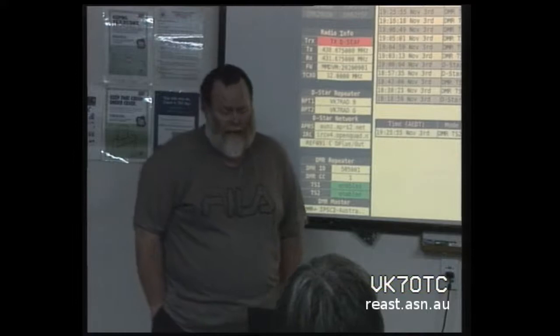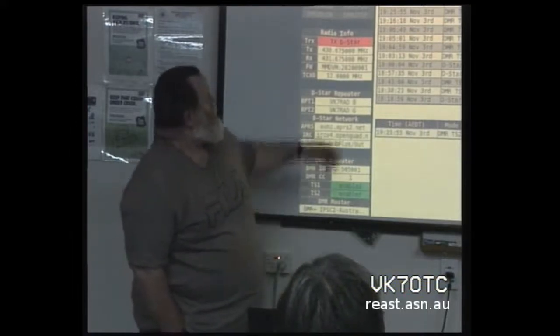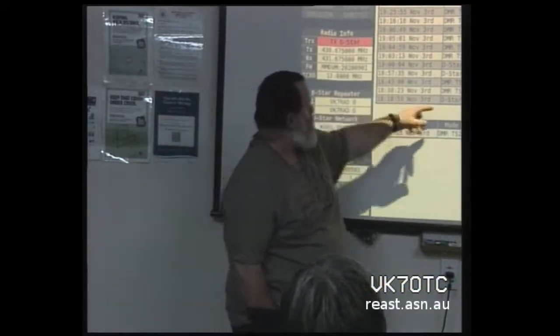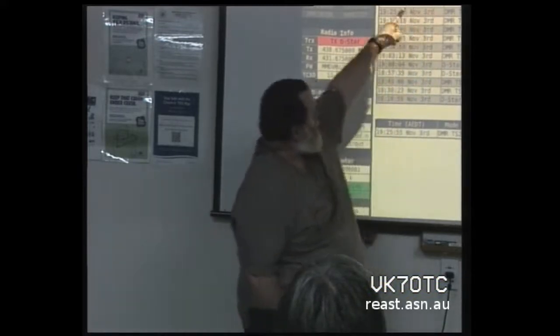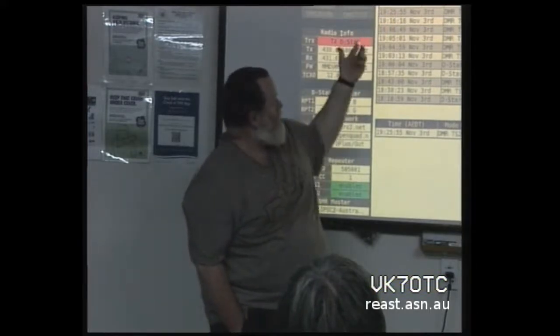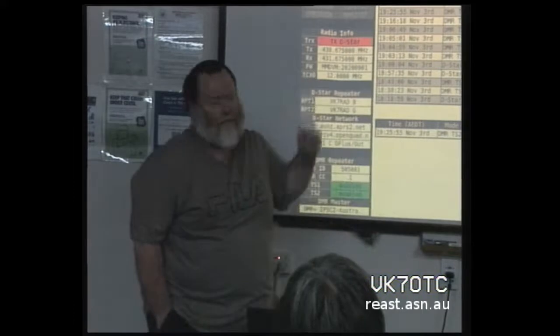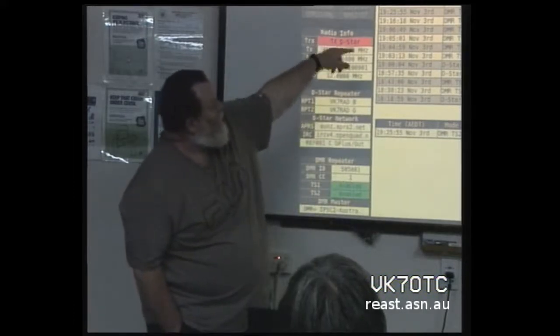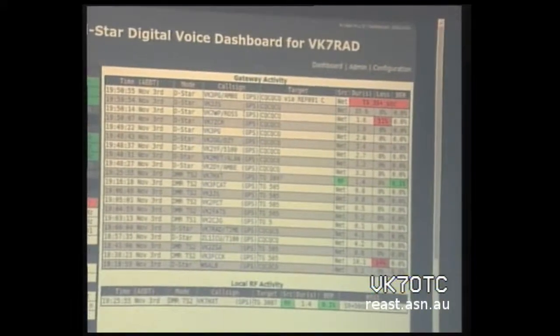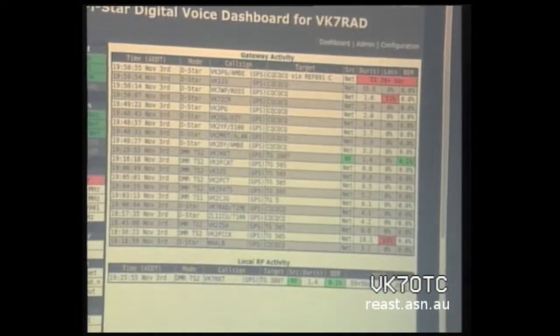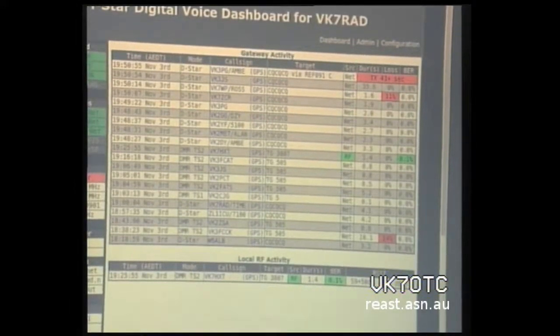You can see here, you've got D-Star, DMR, DMR, D-Star, because what's actually going on at the moment, at the same time as we're doing this talk, is a broadcast going on D-Star. So all the call signs you see there are relevant to that broadcast. In fact, it's probably VK3PG that's doing the broadcast, and the caveat when you're doing a broadcast on digital is